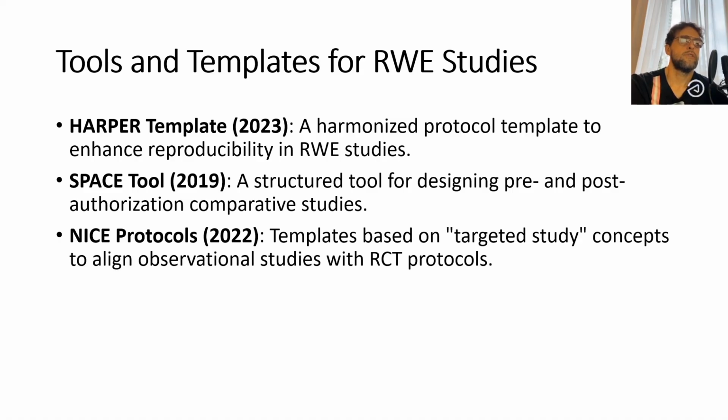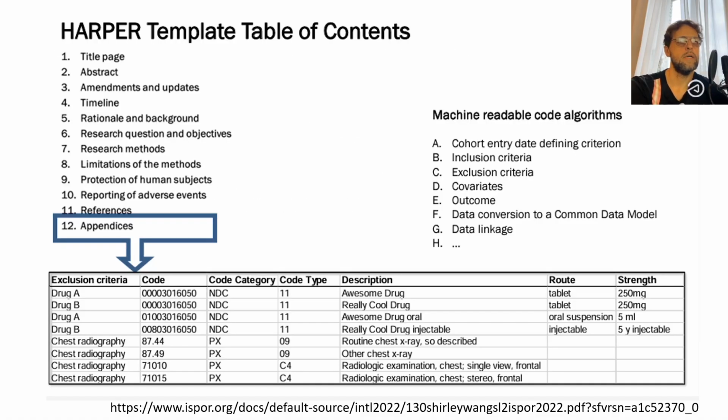Also, we have certain templates right now which could be helpful for real-world evidence study design. For example, the Harper template, SPACE tool, and NICE protocols are quite important in this area, and they are very helpful